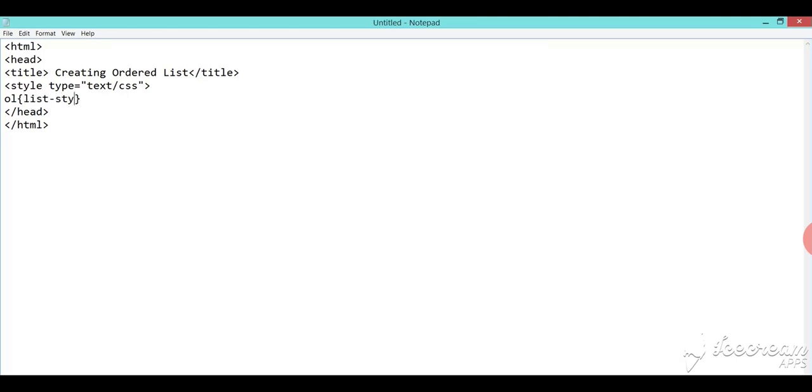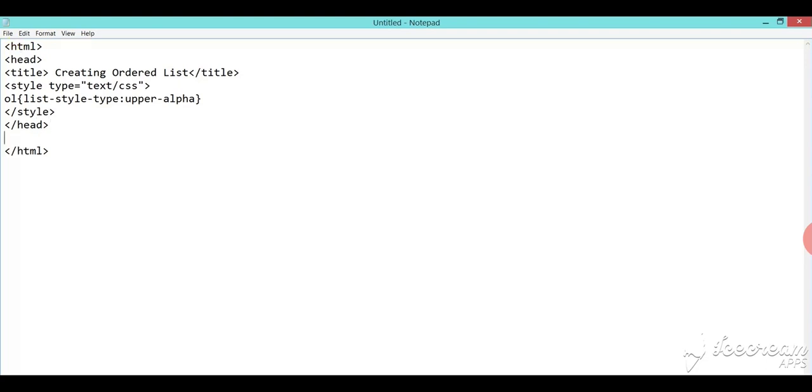OL, define a pattern for the bullet. Here we define OL, ordered list, list style type upper alpha. Now closing style tag.